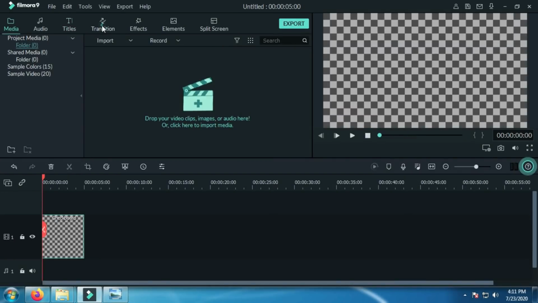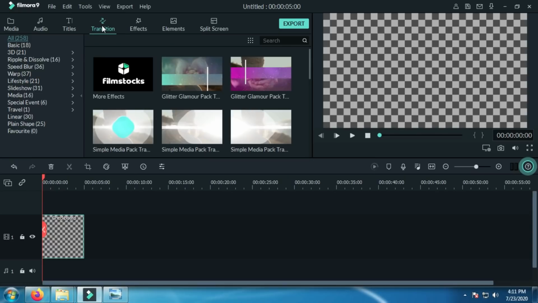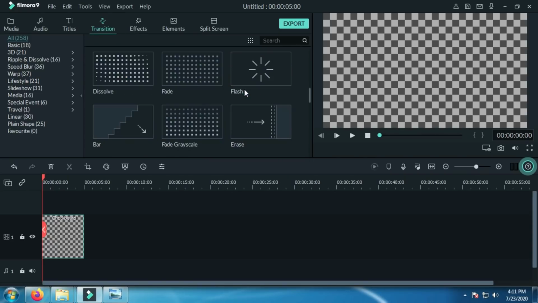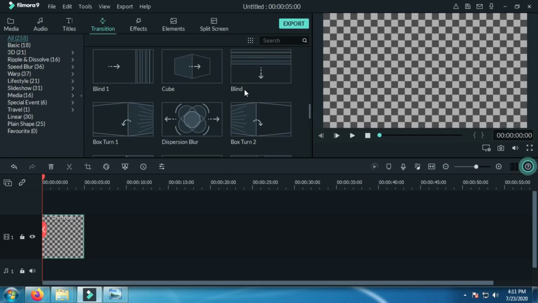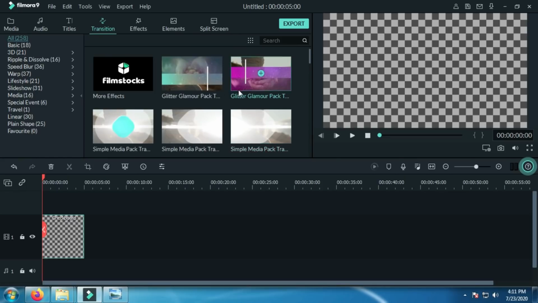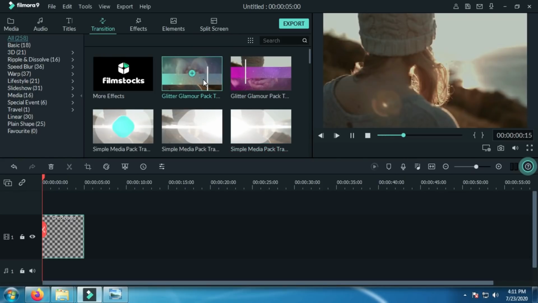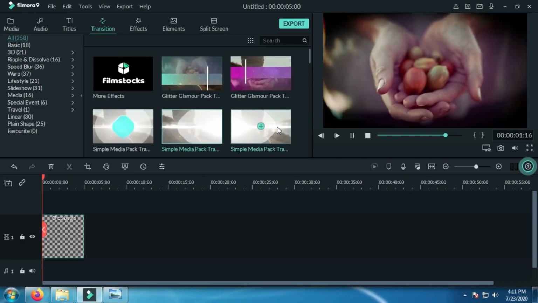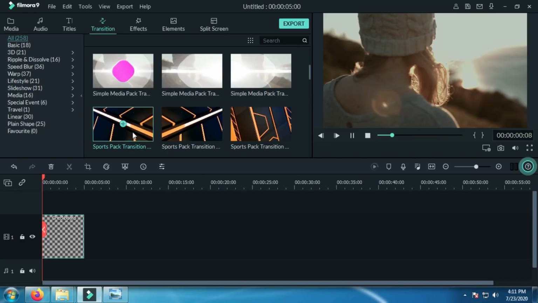Next, we are going to see about transitions. A transition is the effect we give between two photos or two videos. See, there are a lot of transition effects. You can use them based on your requirement.